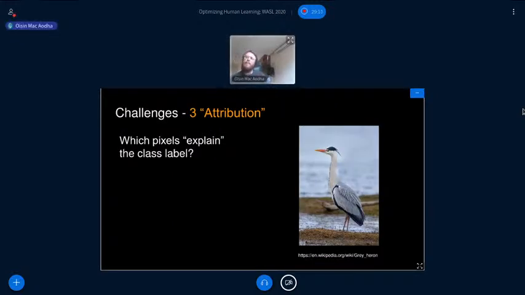And finally, one of the main problems, I think, is what I'll call an attribution problem. We have this really high dimensional object, which is an input image, and we have one semantic label that we want to produce, which might be the class label. But for a novice, it might not be clear which pixels are actually responsible for determining that. We might assume that it's probably not the background pixels, but which part of the actual animal itself is significant for determining the label?